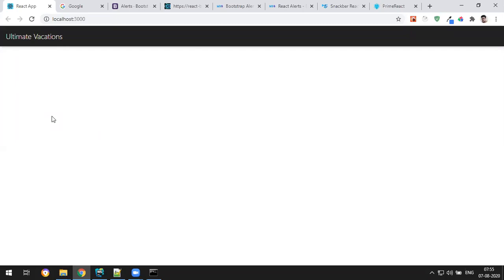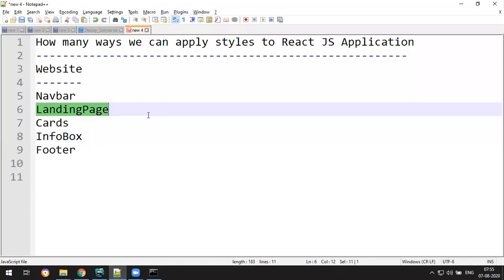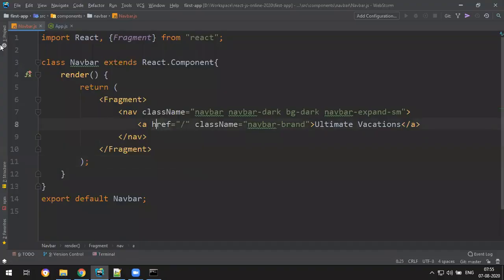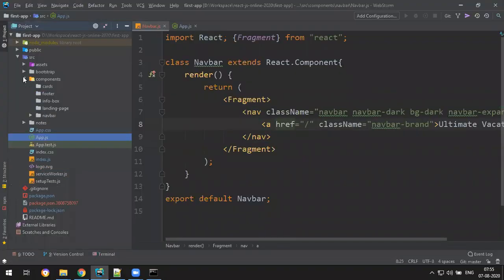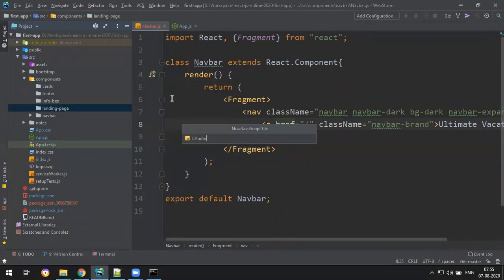Below this, I want to design a nice full screen landing page. One component for the landing page. So let's go to the components folder and create a new JavaScript file, LandingPage. Make sure your component name always starts with uppercase.